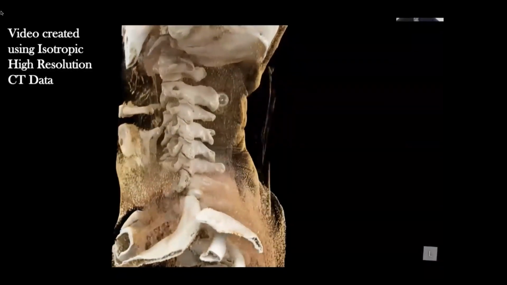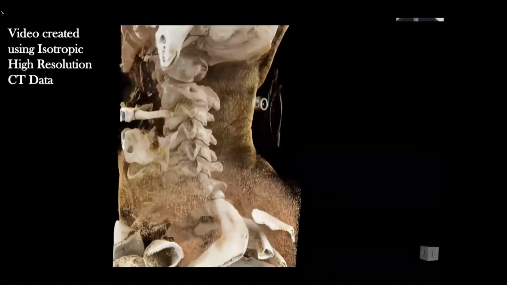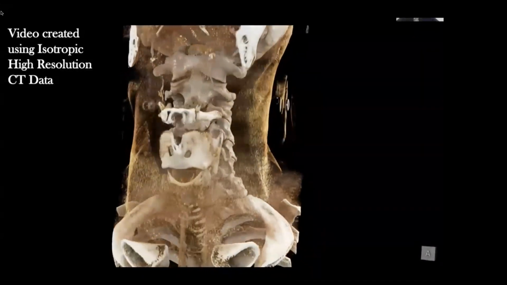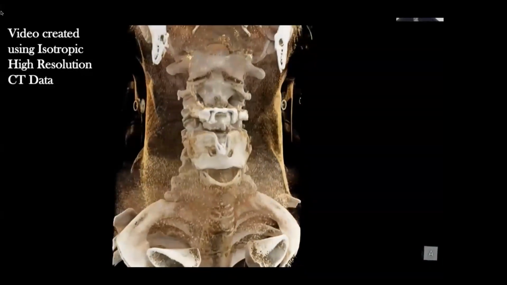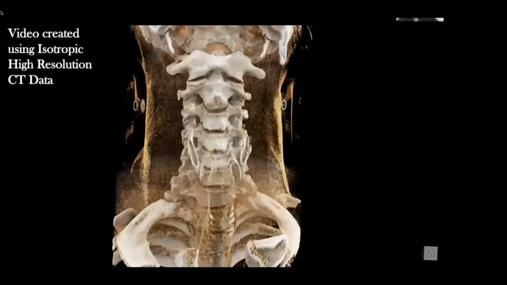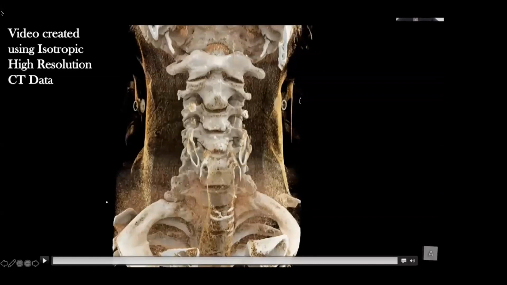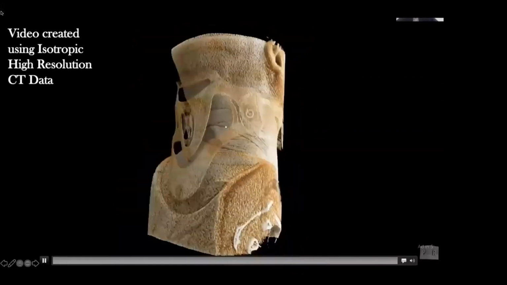You can see how the individual structures really show themselves really well as compared to looking at a 2-dimensional image. And we can cut through, and we can look at individual structures that we may be interested in, or that may be relevant for a particular surgical approach. So